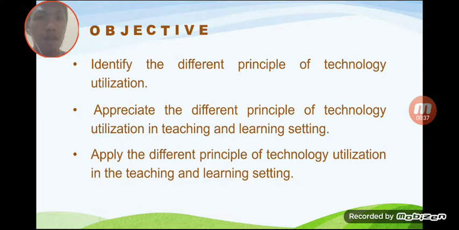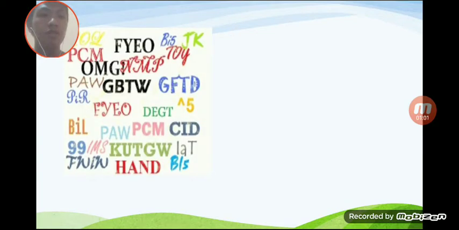Before we proceed to the topic, I have a motivational activity called a guessing game. I will show the jumbo letters, then you will guess the jumbo letters that are related to our topic. So let's start. The first one is